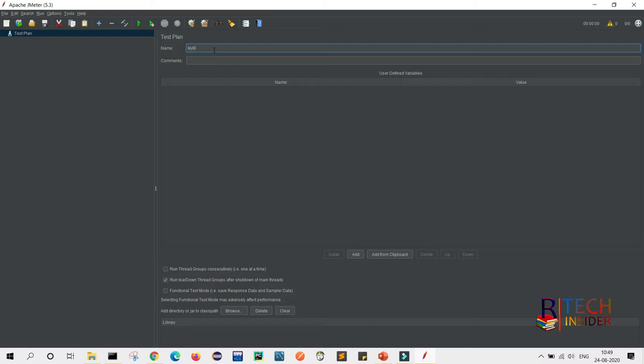I am using my blog, Rahul Mittal. This can be any test name you provide. In comments, which is not a mandatory field, if you want to write any comment, you can give one. Otherwise you can leave it blank.